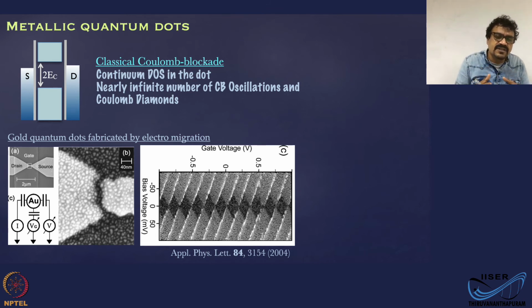Quantum mechanical objects will reveal quantum behavior or wave nature of electrons, which we have not discussed so far. So you can still call them quantum dots, but those are not really quantum dots. Those are basically classical dots. Those are small regions, but not revealing any quantum mechanical effects so far.